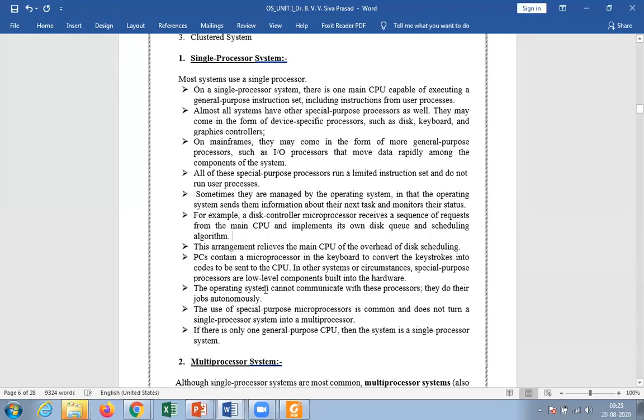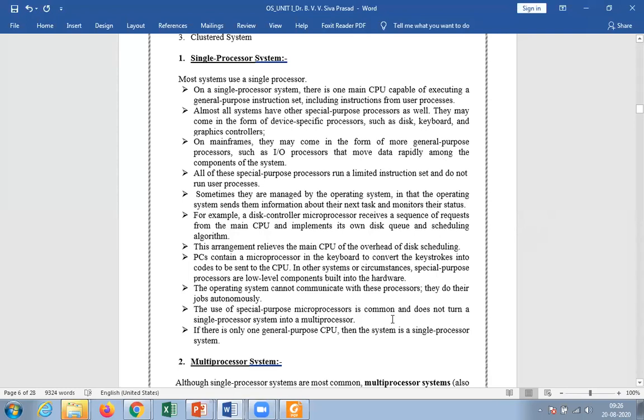Even though you have 100 special purpose processors, your system is treated as only a single processor system.